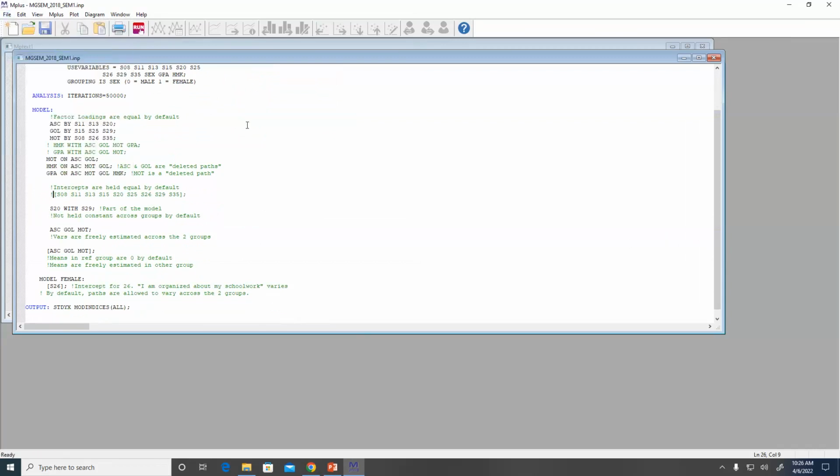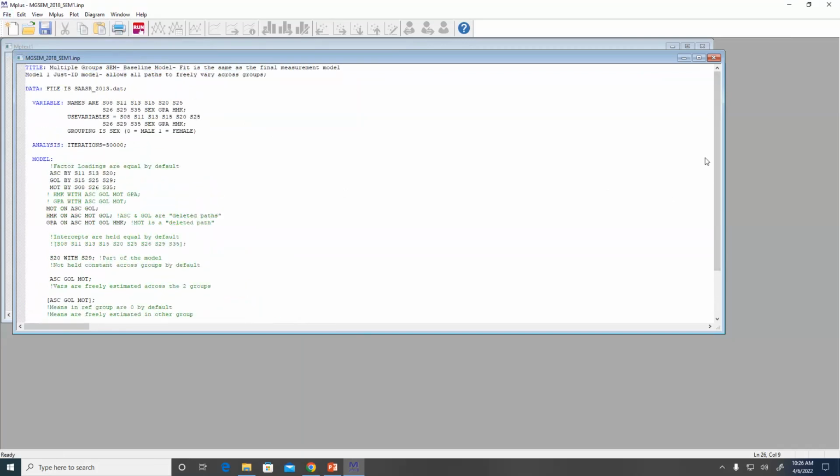Okay, let's talk before we get into it. I should have probably done this before I even went into M+, but let's talk about the logic that we're going to use here for this multiple group SEM. Let's think back and remember how we tested a hybrid model. The first thing we always did with the hybrid model is get our best measurement model. That was step one, and that is equivalent to what we did last week, except it was our best multiple groups measurement model.